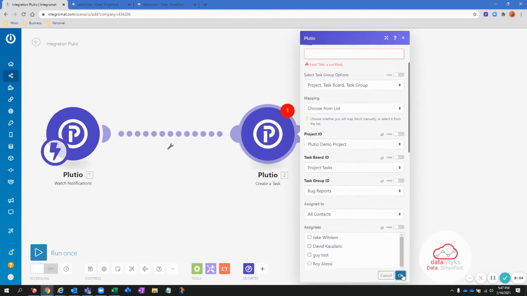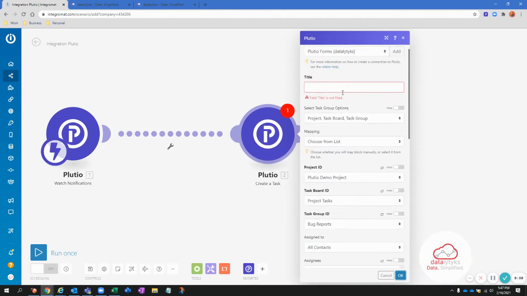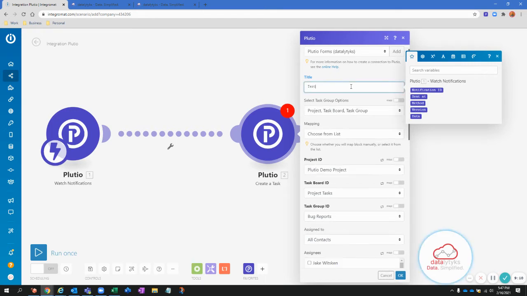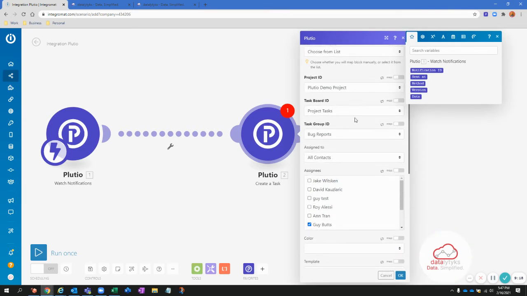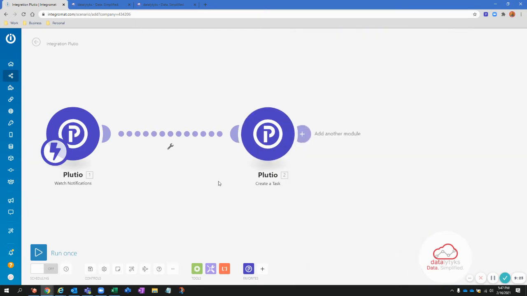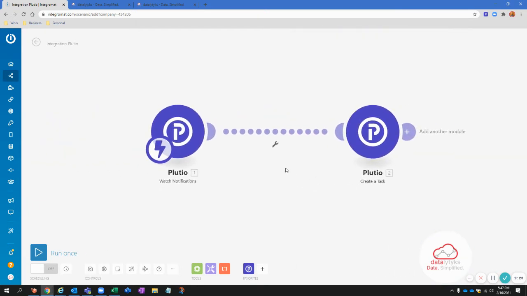Click OK. If it pops red like this, don't worry. That's just a required field of the module. Typically, I'll put something in there that's placeholder, test, or actually the word placeholder, something that will allow us to move on while still saving our progress of this actual module. Click OK. Now, two things that I like to do more often than not with my form responses and anything coming from Plutio is I'm going to set up a filter